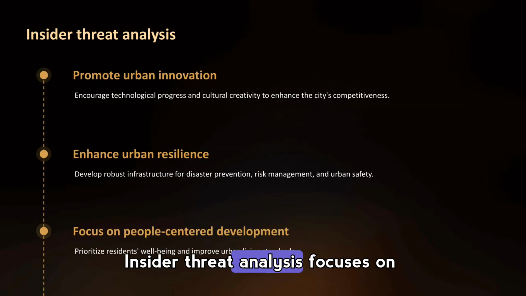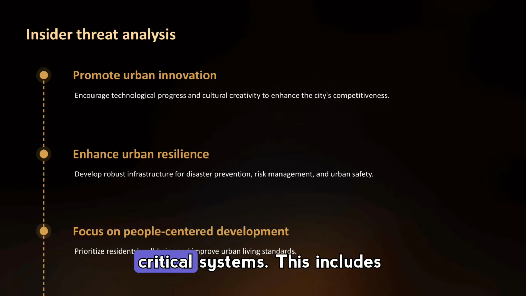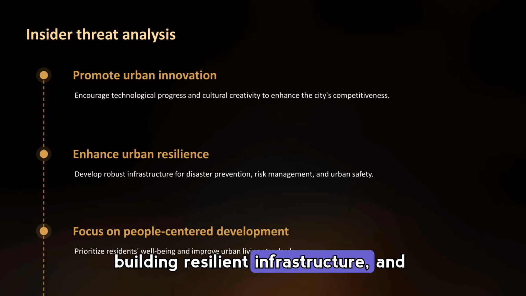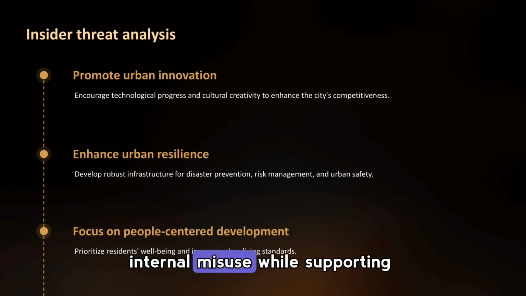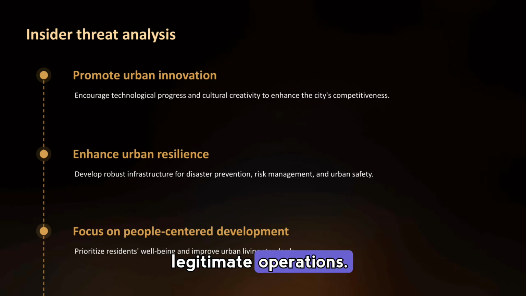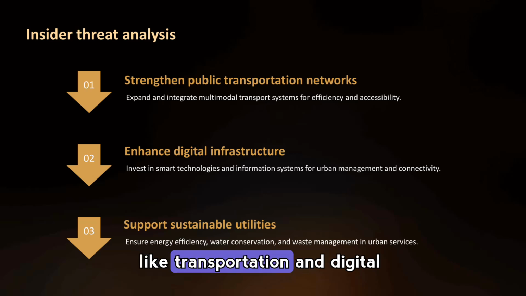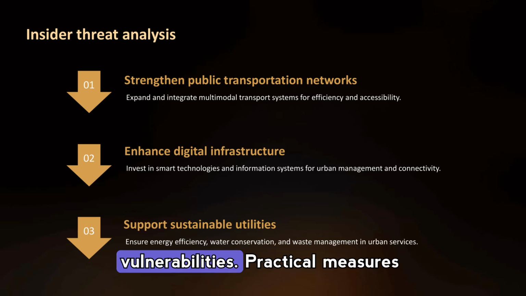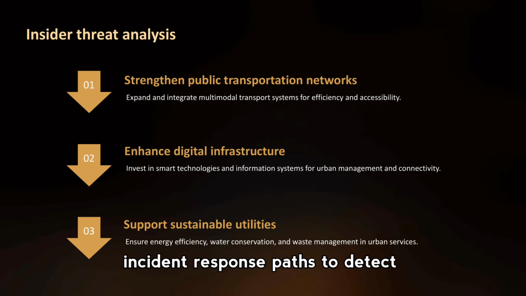oversight. Insider threat analysis focuses on spotting risky behaviors from within an organization and protecting critical systems. This includes promoting innovation responsibly, building resilient infrastructure, and designing people-centered policies that reduce the opportunity for internal misuse while supporting legitimate operations. Mitigating insider risk also involves strengthening public-facing systems like transportation and digital infrastructure, and supporting sustainable utilities to reduce vulnerabilities. Practical measures include access controls, monitoring, employee training, and clear incident response paths to detect and respond